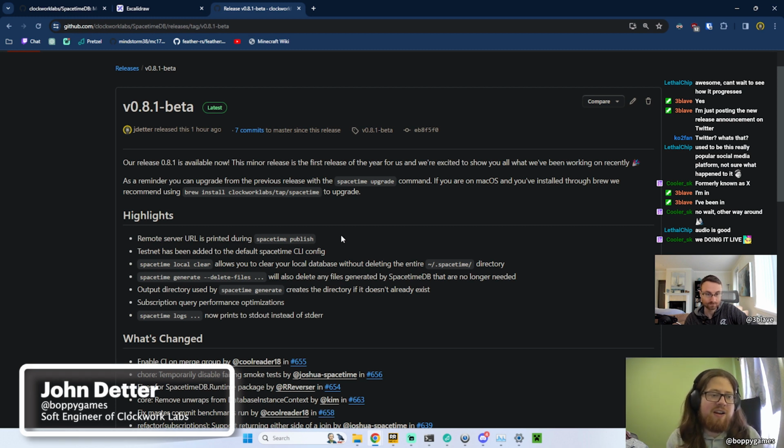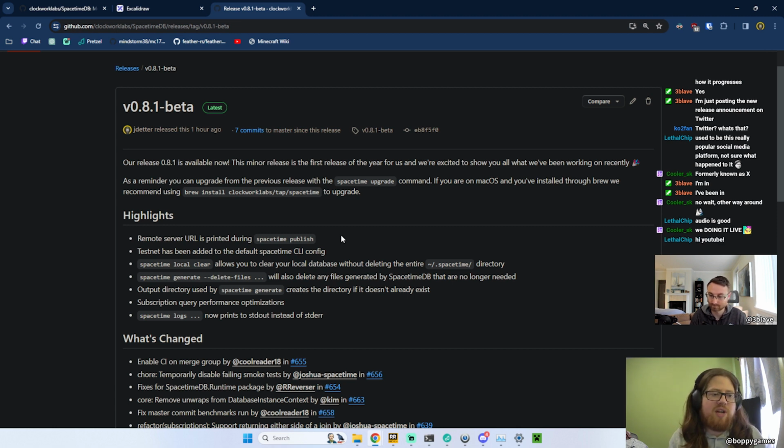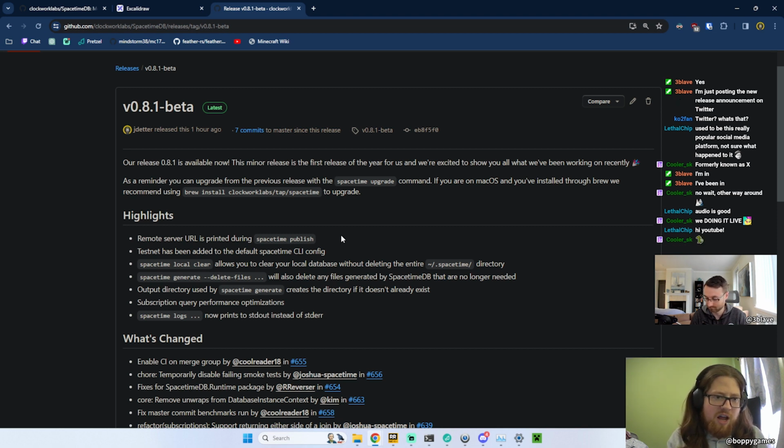Today we have an exciting announcement. Today we have released v0.8.1-beta for SpacetimeDB. This is a new minor release that is available. So if you were on 0.8.0, you can just download this update and restart your SpacetimeDB server, or just upgrade your CLI by doing spacetime upgrade, and your modules, if you've deployed any to testnet, have already been upgraded to